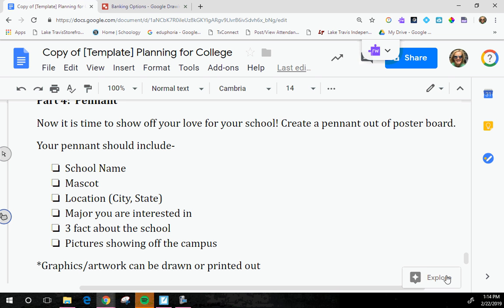So this is a girl who, obviously this is super attractive. This makes me want to go to Stephen F. Austin myself. She did a great job. She actually is an artistic person, but you can see all the pictures she cut out off the internet herself. And she made it super big. And honestly, again, look how attractive it is. This immediately grabs my attention, and I want to learn more about Stephen F. Austin. Okay, you can draw your own graphics, or you can print them off the internet.